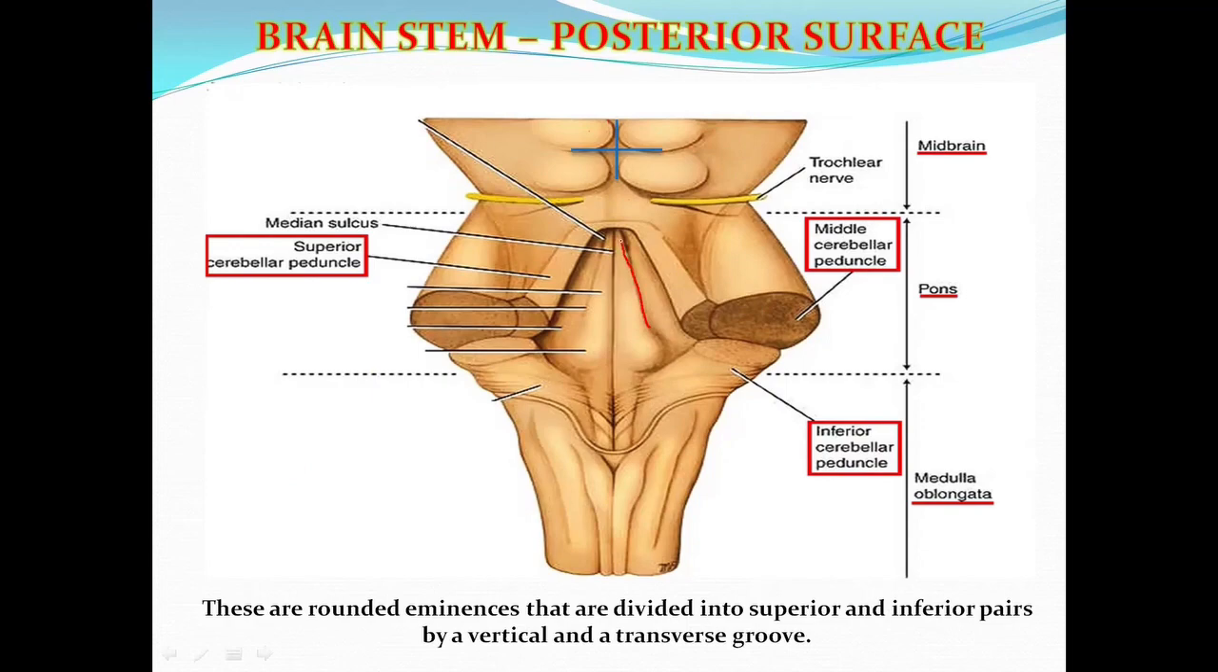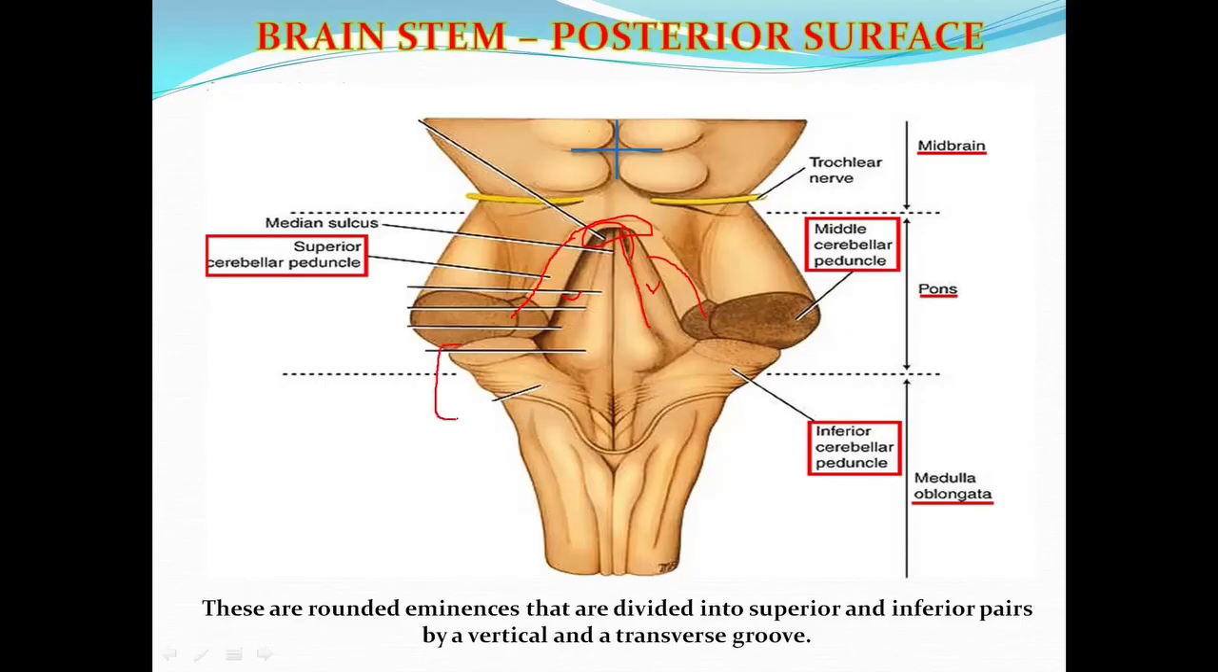Superior to the sulcus limitans, I have the locus ceruleus, with melanin pigments, a bluish colored area called substantia ferruginea. Then on either side of the sulcus limitans, the vestibular nucleus is located, so it is called the vestibular area. Then on either side you can see the formation of the superior cerebellar peduncles. And the posterior aspect of the medulla oblongata, here we will be studying as